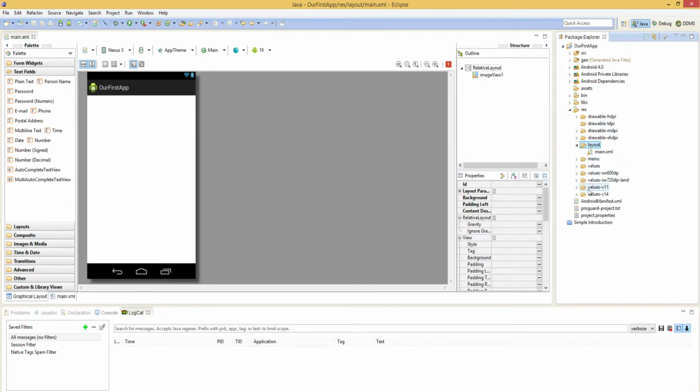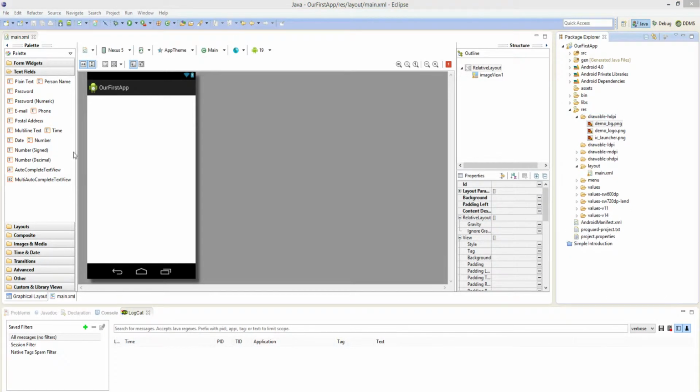These all get created for you automatically when you create the Eclipse project, and it's good that they do because these names have to be exactly the way they are in order for them to work while you're developing your application. So we have our layout files in the layout folder. We also have this drawable folder which is going to be used to hold all the images that you're going to be using in your XML files. I placed everything in HDPI for now. We'll go over later the differences between HDPI, MDPI, and XHDPI. But for now, just know that I've pre-created some images and I'll put them in there for use in our